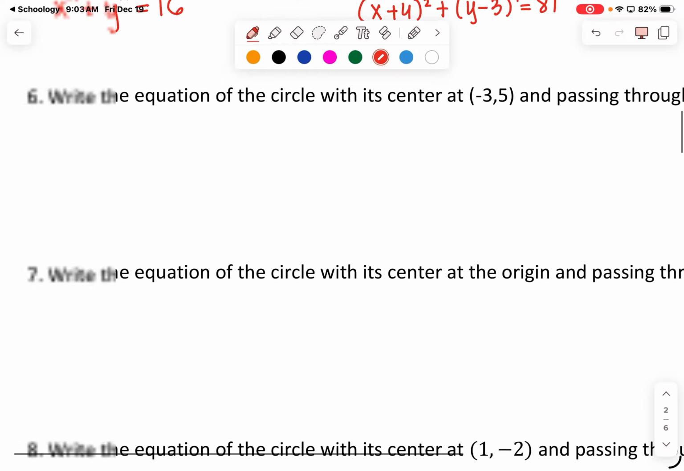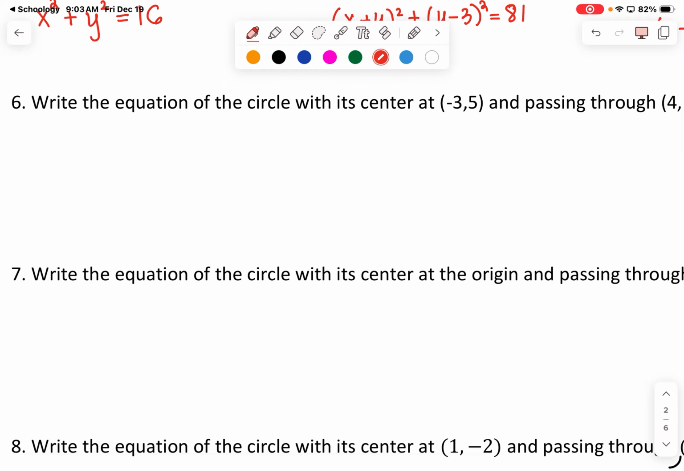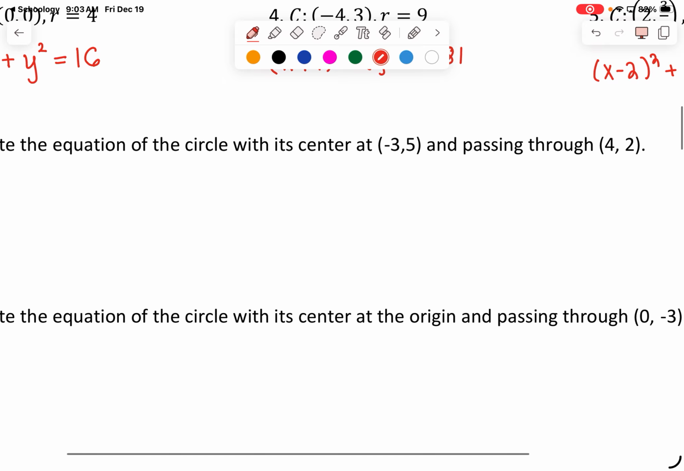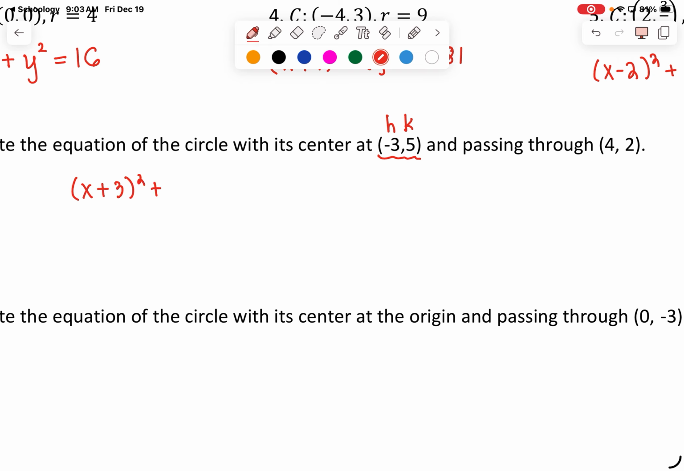Okay. Next, write the equation of a circle with center negative 3, 5 passing through the point 4, 2. So here's what you need to remember. To write an equation of a circle, you need two things. You need the center and you need the radius. So if you look right here, I already have the center. The center is negative 3, 5. That's h, that's k. So what I can do is start to write my equation of my circle. x plus 3 quantity squared plus y minus 5 quantity squared is equal to, and then I need the radius,